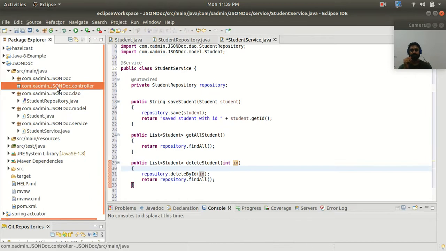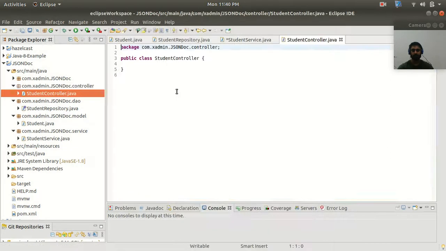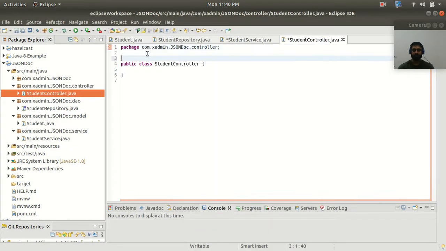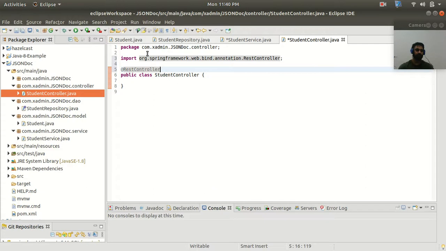So let's go to my controller, and here we need to create one more class, with the name StudentController. So this will be a REST controller. So for that, I will mark this with @RestController, right?